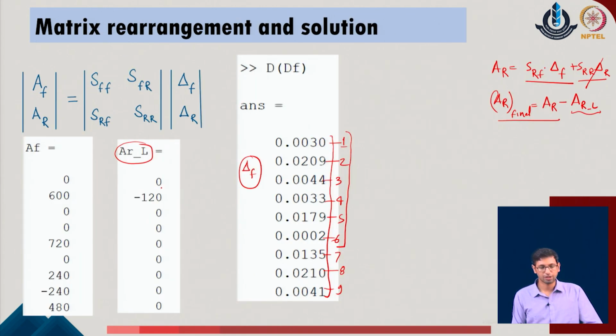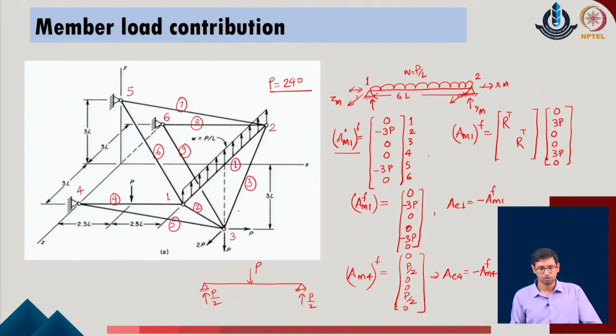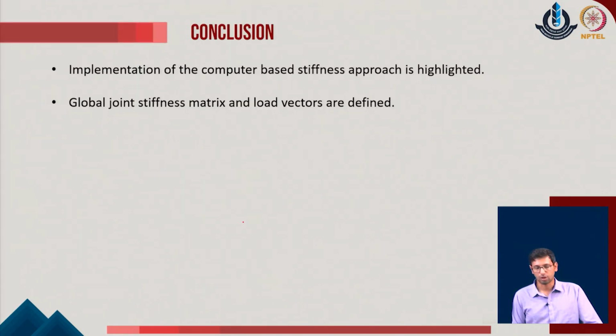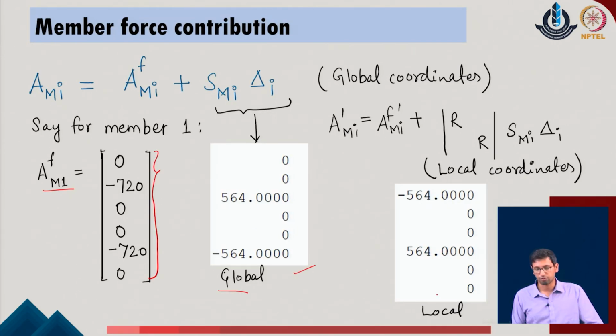Now member 1 in the given system, if I look at the original problem, is over here. In the member coordinates, this is direction 1, this is direction 2, and this is direction 3 for the given system, which are the local coordinates of the given system. Whereas in the generalized coordinates, I have different directions for the system. So I can use the transformation rule to convert these values, and if I do the conversion to the local coordinates, I get these standard values.